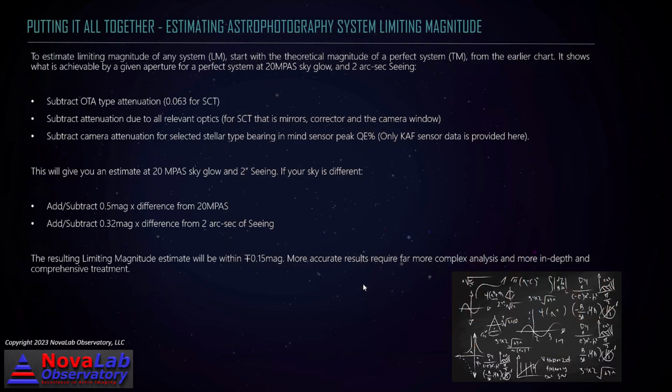So let's put it all together and see what we can do with this. How would you estimate the limiting magnitude of your system? Well, you start with that first chart, the theoretical one, and that's assuming that you're living under 20 magnitudes per arc second sky and 2 arc seconds of seeing. You will subtract the OTA attenuation, so if you have a Schmidt-Cassegrain, it will be 0.063 magnitudes. You will subtract the attenuation due to all relevant optics. So depending on what kind of mirror your telescope has, what kind of corrector plate, if you have a camera window, if you have a reducer, just use the